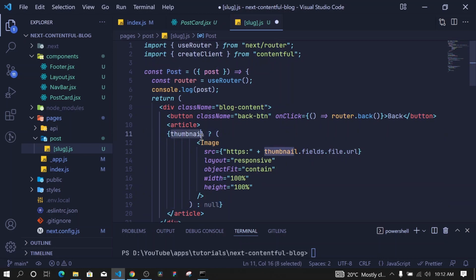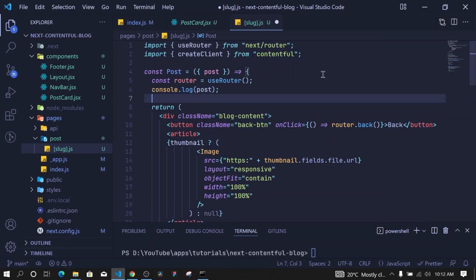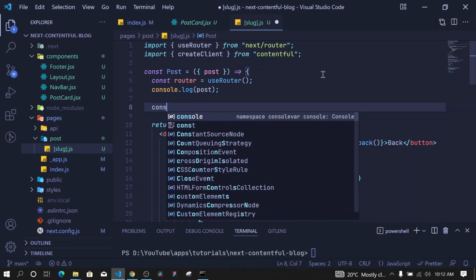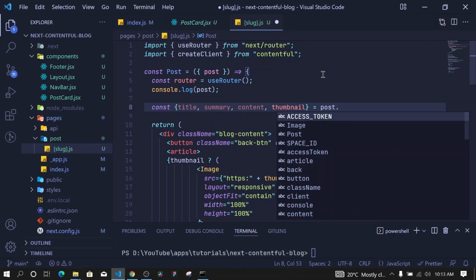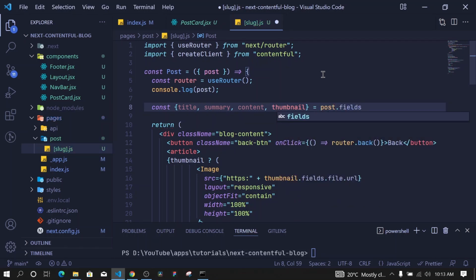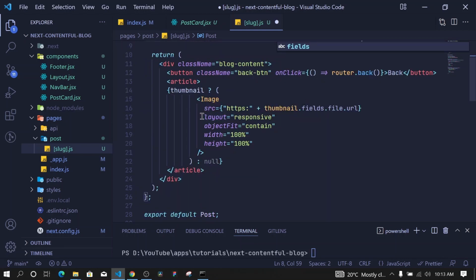Now we need to destructure the properties from our post, so let's do that. So right here I'll destructure the title, I'll destructure the summary, I will also destructure content, and I'll destructure the thumbnail, and I'll set this to be equal to our post.fields. And then now down here at the image, so this will be the URL, but I'll change the width and the height right here. So I'll go ahead and remove the responsiveness,